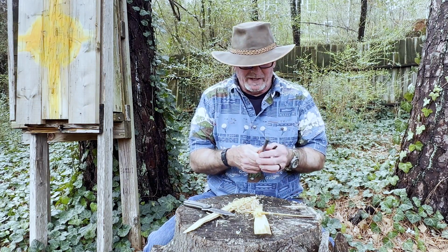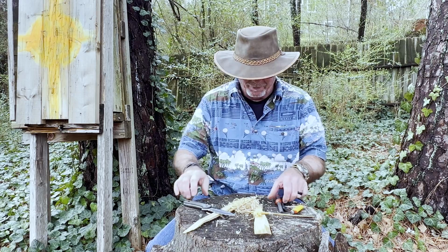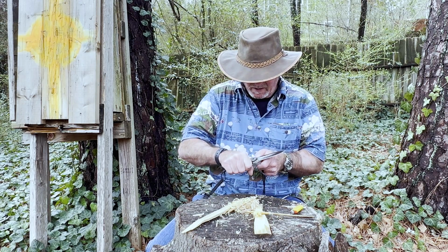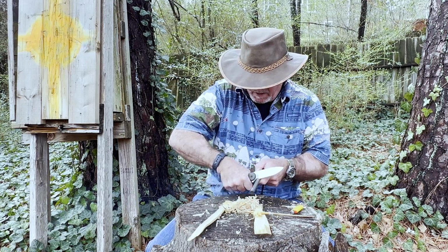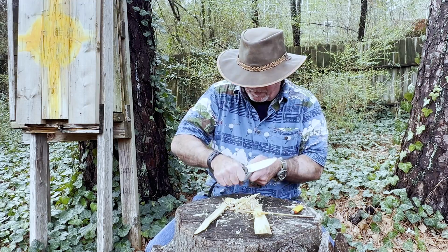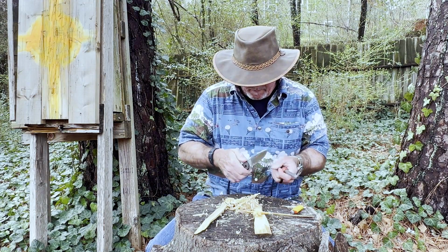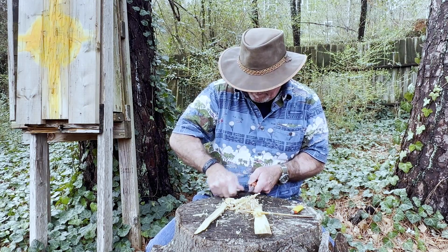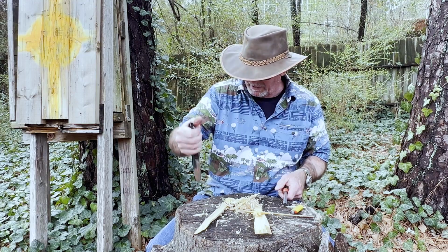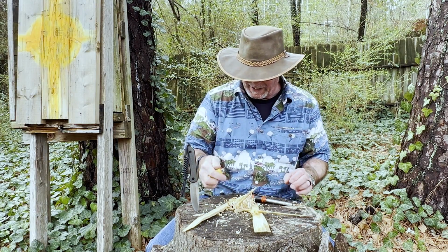I'm going to take my second favorite ferro rod with my first favorite ferro rod as a backup, and we're going to see if we can get some sparks off this thing. I am not highly optimistic. Nothing there, and I didn't think it would. There's really nowhere even remotely like a 90-degree spine, but